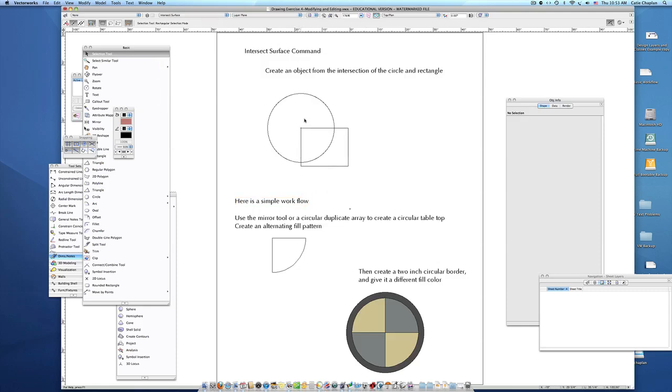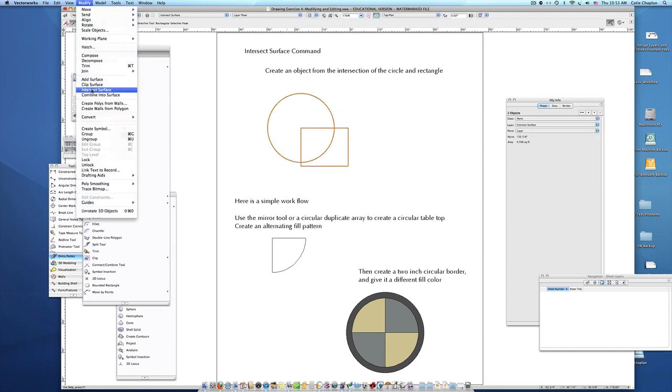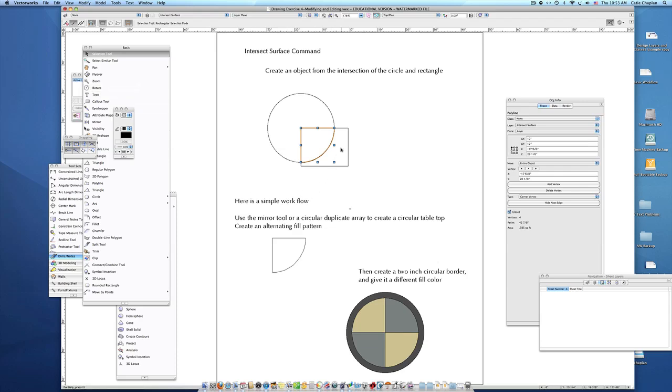Intersect surface creates an object at the intersection of these two objects. So you select them both, choose Modify, Intersect Surface, and notice what's highlighted, this object in the middle. Right? It doesn't remove any of the two original objects. It just creates a third object, the intersection of them. So quickly, if I wanted to make a four-corner table, I could use my mirror tool